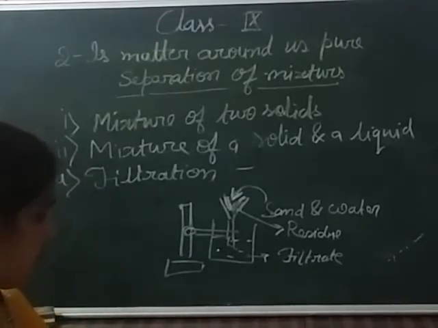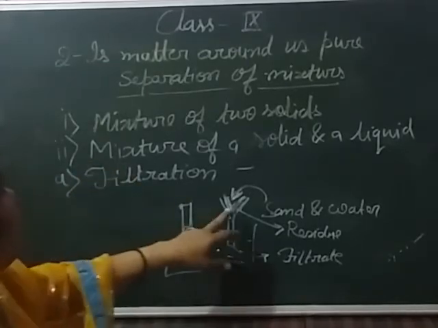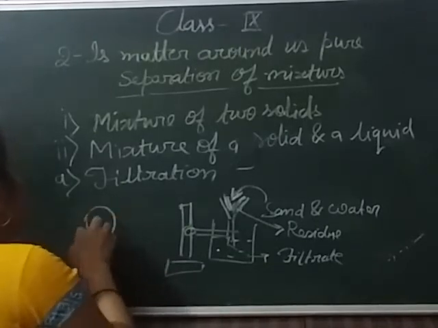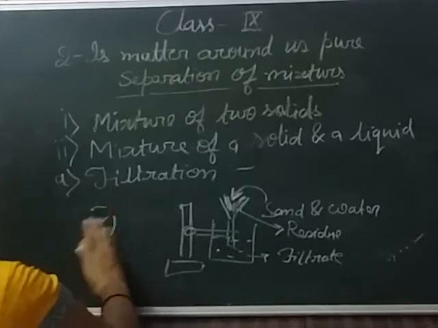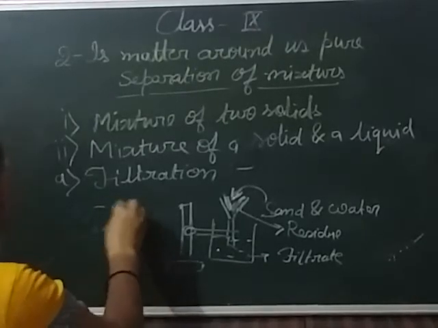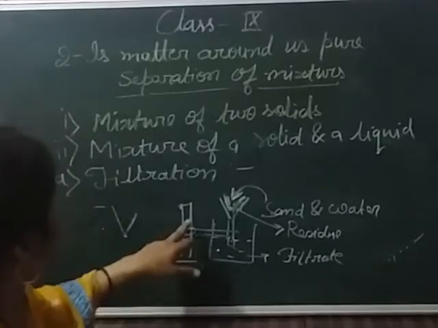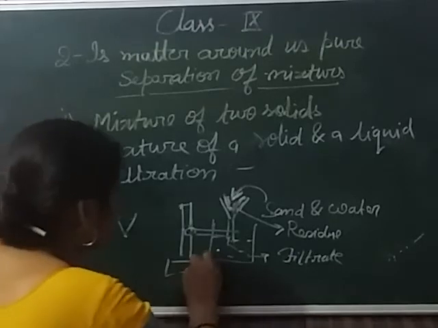The definition of the filtration technique: it is used for separating an insoluble substance from a liquid. In this technique we use filter paper. Filter paper is generally round in shape; we fold it one time and a second time, and it converts into a cone shape. This cone-shaped filter paper we fit in the funnel, which is set in the stand, and the beaker